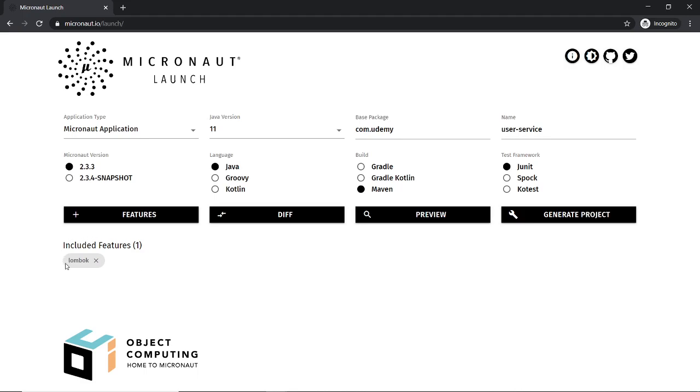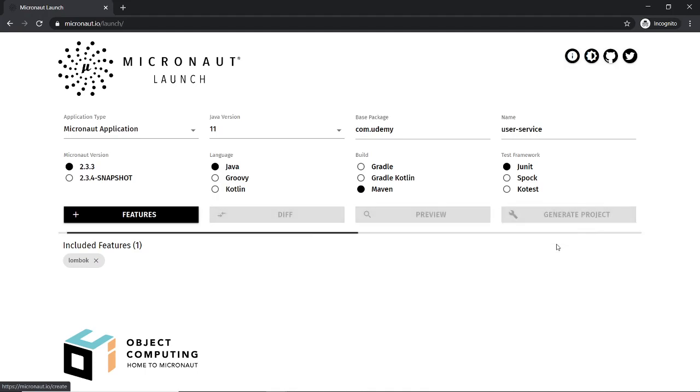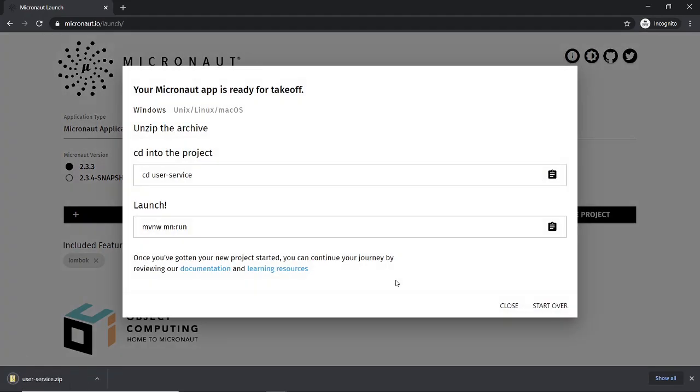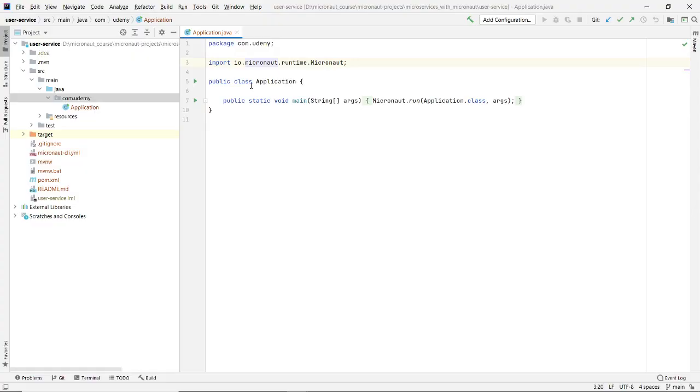That part Lombok takes care of via annotation processing. Now we will generate the project and download it as zip file and then import it in our IDE.